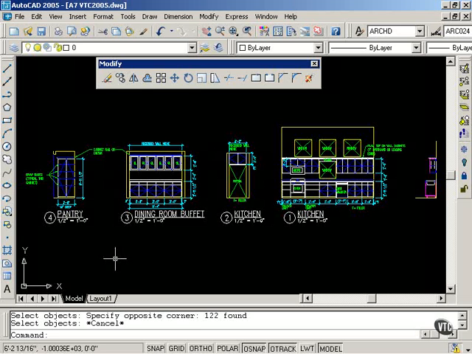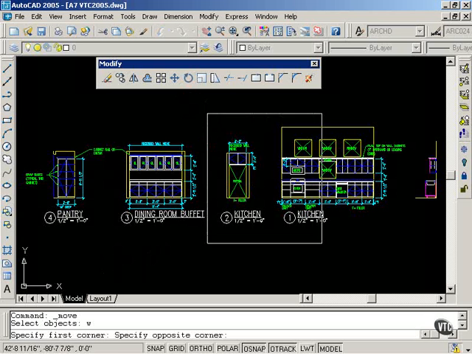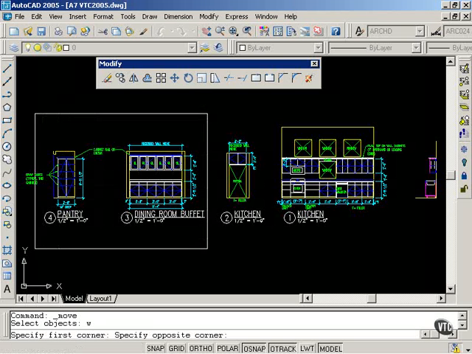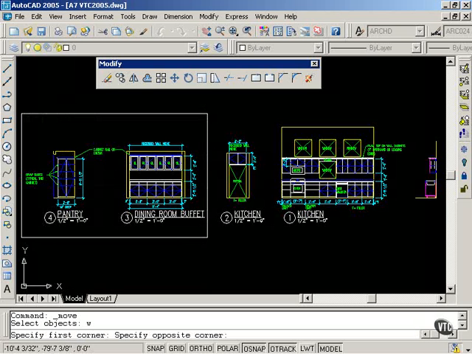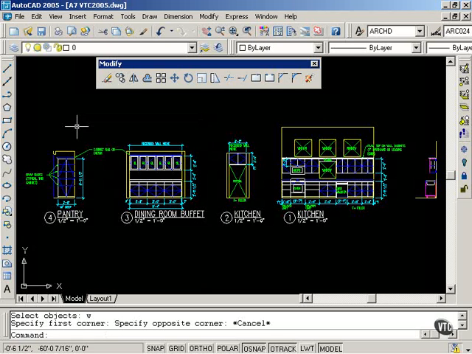Now, to explicitly request a window, when I am in a modify command, I simply type W and enter, and I can click on the screen, and no matter what direction I move my cursor, this will be a window. Again, meaning that everything must fall 100% inside the window in order to be selected. Hitting the escape key,